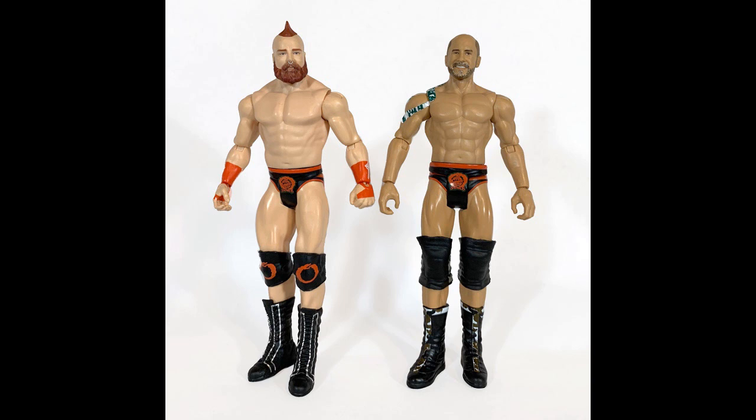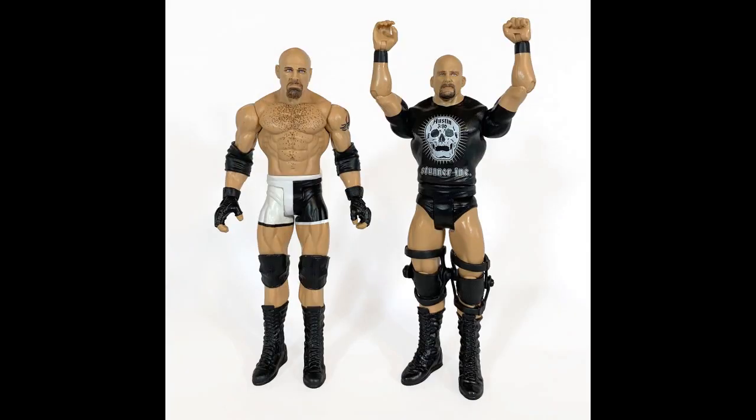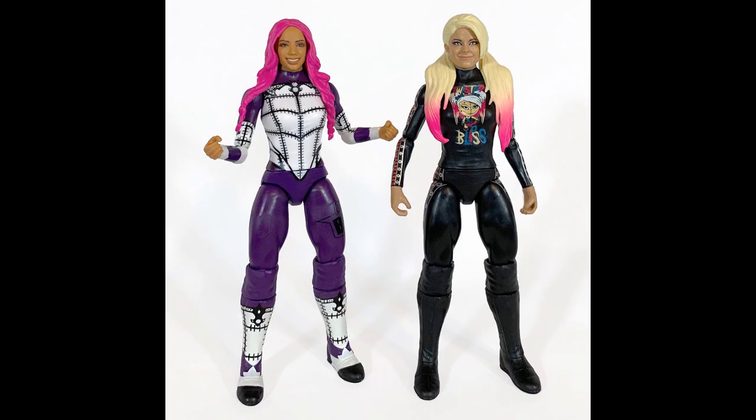And we also have Goldberg versus Stone Cold Steve Austin from the early Ruthless Aggression era. They've given Stone Cold Steve Austin a t-shirt, so he looks different enough for collectors to buy him, I suppose. It's cool that they're doing some more Goldberg figures in basic form from his early WWE run. And we also have, I think this is a really cool concept, Sasha Banks versus Alexa Bliss from their one-off